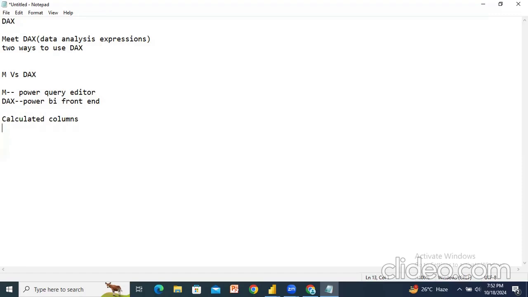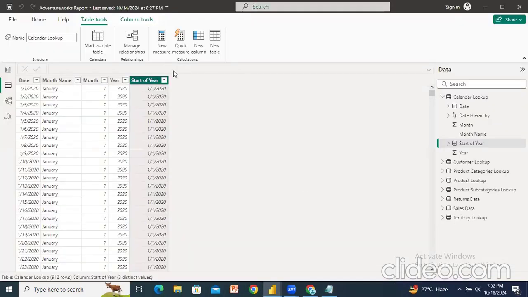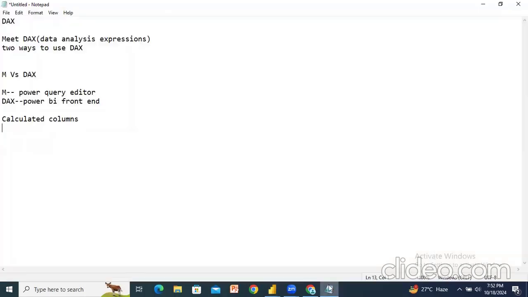One tip here is that calculated columns are typically used for filtering and grouping the data rather than creating aggregate numerical values. Aggregate numerical values give a single value, but filtering and grouping the data is different. Examples of calculated columns we have already seen. We create a new column, and once we click on New column, we will create it. We'll see some examples right now. Next, DAX measures. Before explaining DAX measures, we'll go with